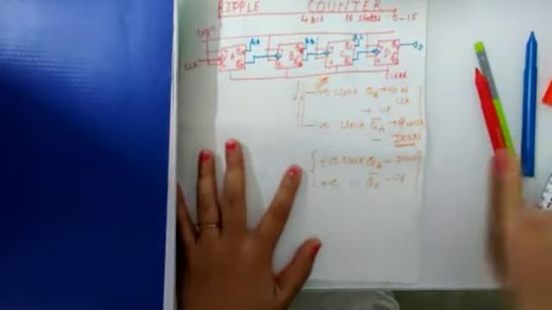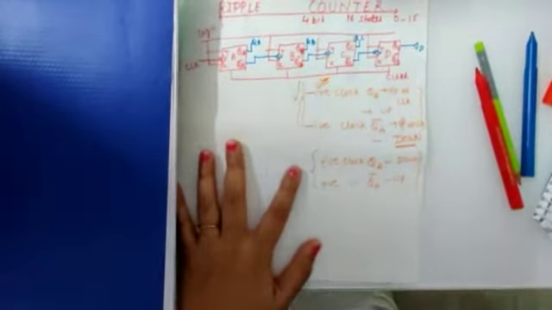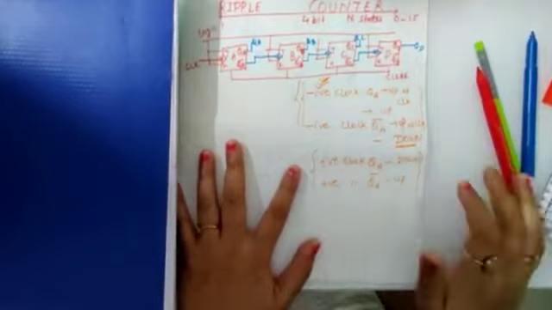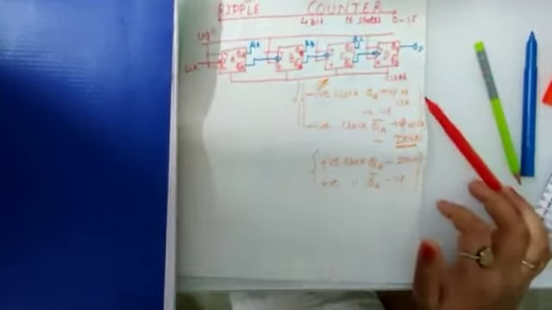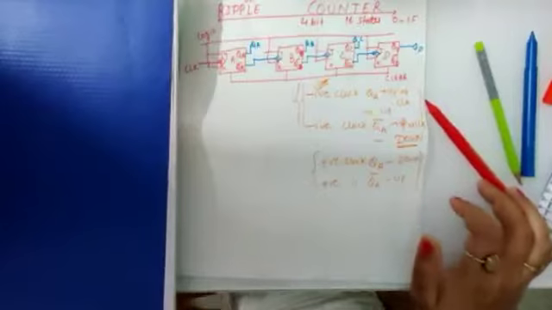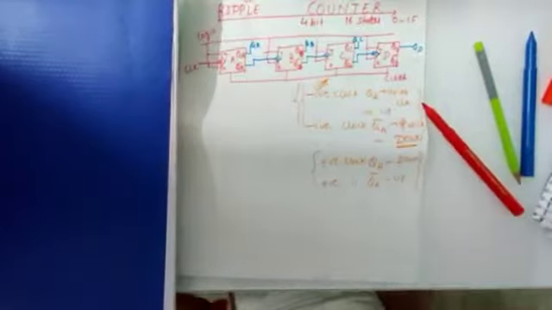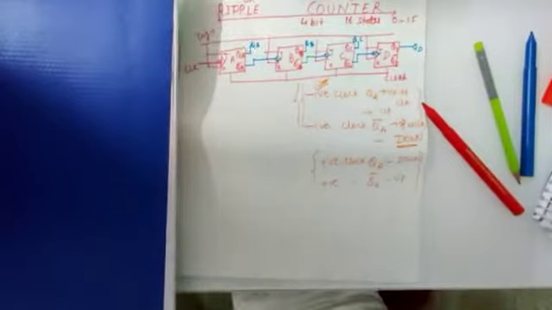Now we'll see the working of this counter, how it does down counting. Down counting means the output is first 0 0 0 0, then it will start down counting. It will count from 15 to 0, as in the example of space research, the launching of a rocket ship. They always do down counting, 10 9 8 7 6 5 4 3 2 1 0. So how will it do down counting?